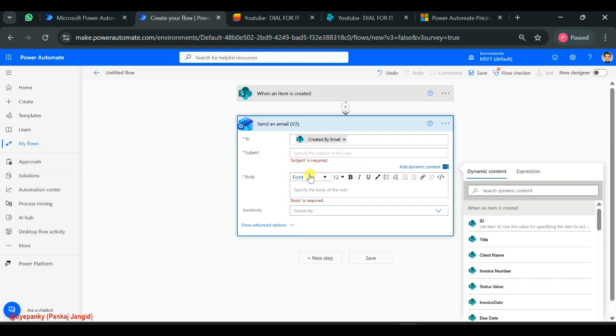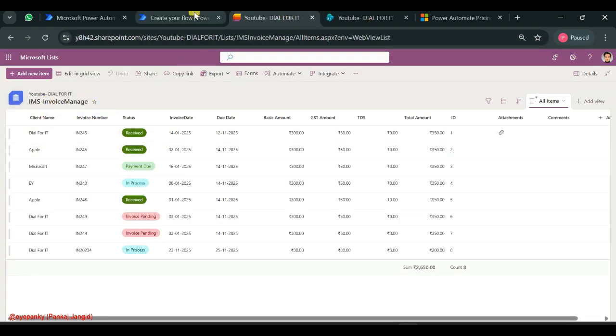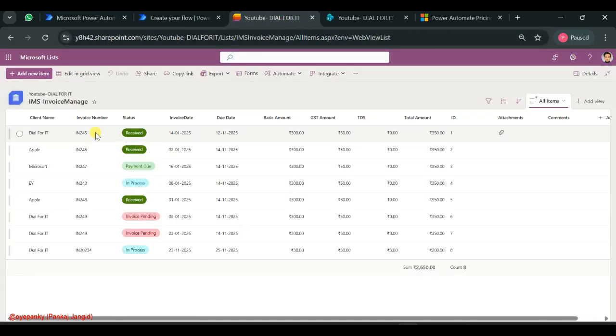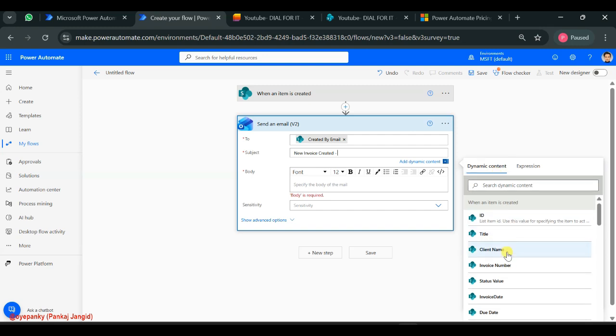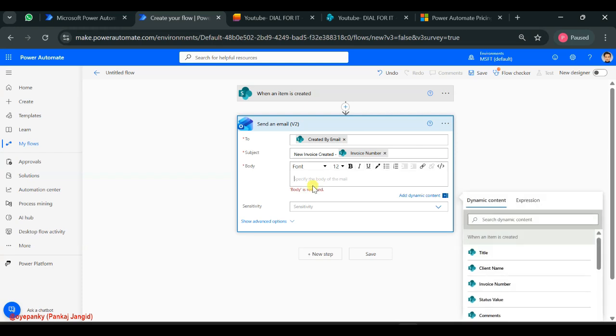Now the subject line. What do you want to add here as the subject line? So I'm adding the subject line according to my list. This is invoice manage, so I'm adding here "New invoice created", and I want to show the invoice number. So basically I need to choose the invoice column. So for the invoice number, I'm choosing here the invoice number column, and here in the list I